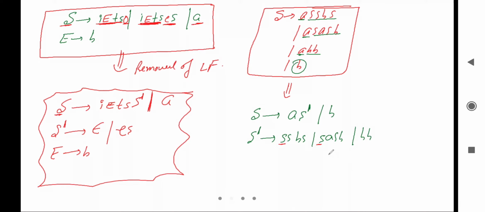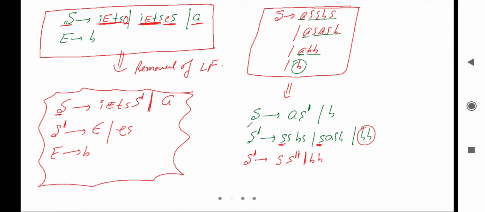So what will we have to do? We have to remove it. How to remove this one? Let's see. So first, what do we have to generate? From S dash we have to generate S, right? So we will generate S from S dash. So we can say S dash goes to S, and after that we'll take S double dash. S dash goes to S, then S double dash. Then from S double dash what can we generate? Directly we can generate bb, so we can take this one, bb.